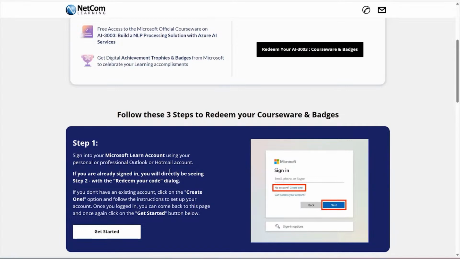So all you need to do is just click on the Get Started button over here, and you would be redirected to the Microsoft Learn website in a new tab. Now, once you're there, it is going to ask you to sign in if you're not already signed in to Microsoft Learn. If you have an account with Microsoft, please use those credentials to continue the sign-in process. In case you don't have a Microsoft account, you can also create one using the option that is highlighted here